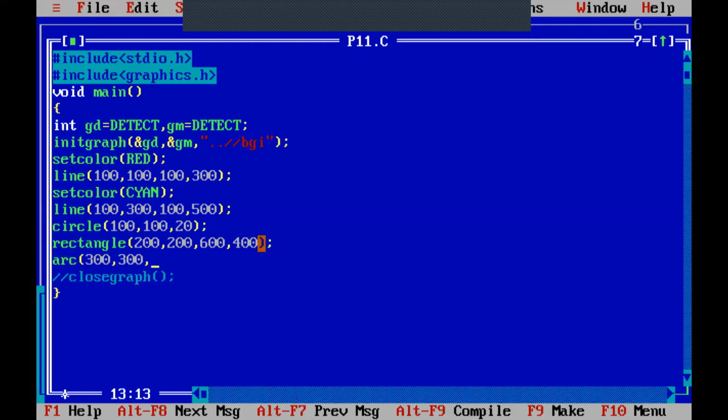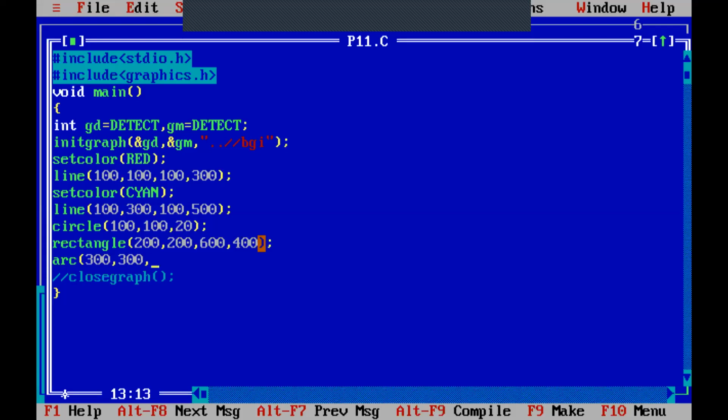It is going to consider 300, 300 as the origin. Remember this thing. Then I have to draw the arc for a starting angle and ending angle.